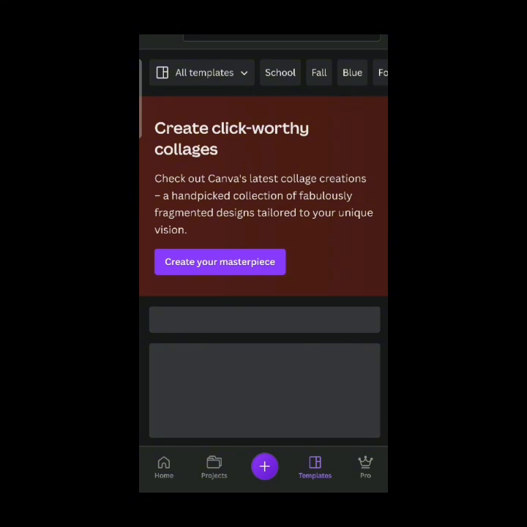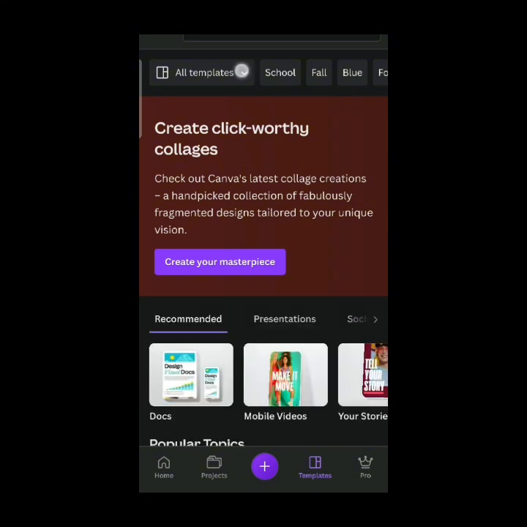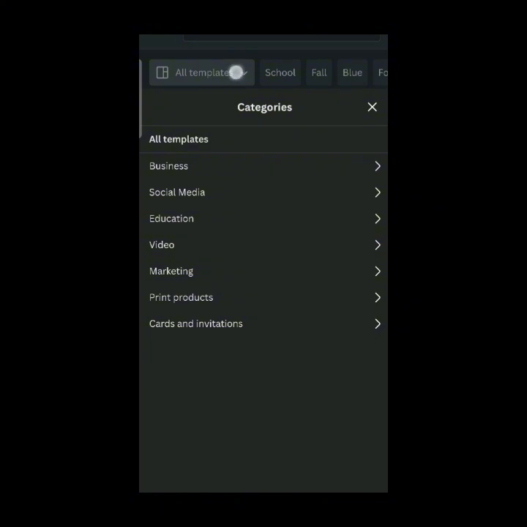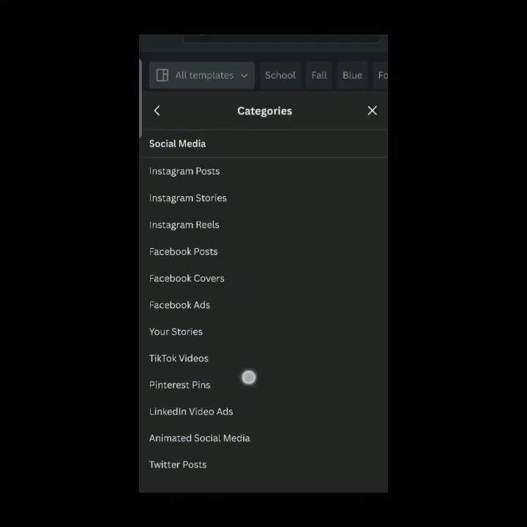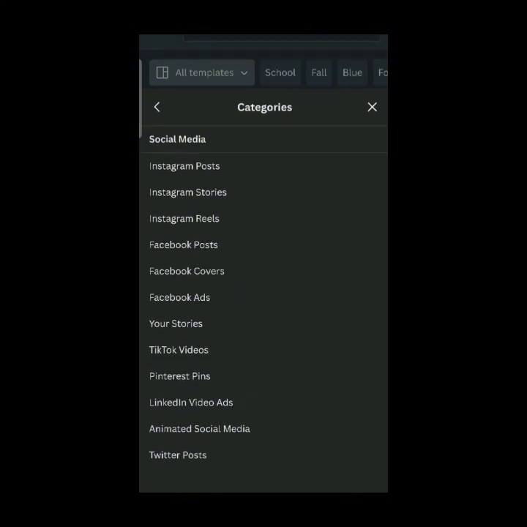Okay, it should be on templates here. On templates, or you click on all templates, go to social media. Then on social media you can see the different categories you can work with: Instagram posts, Instagram stories, Instagram reels, Facebook posts, Facebook covers, Facebook ads. Just pick the one you want to work with. Let's go with the first one, Instagram posts. Click on it